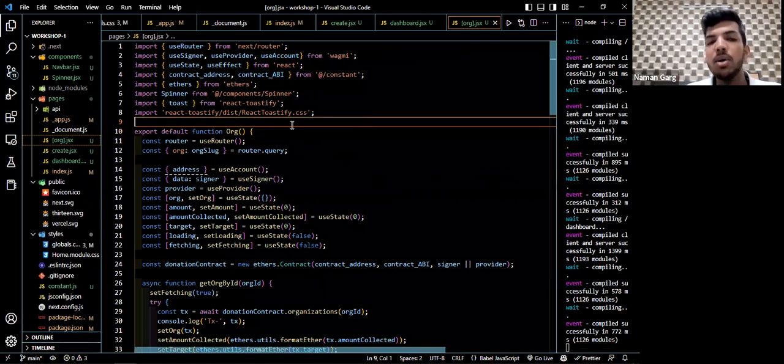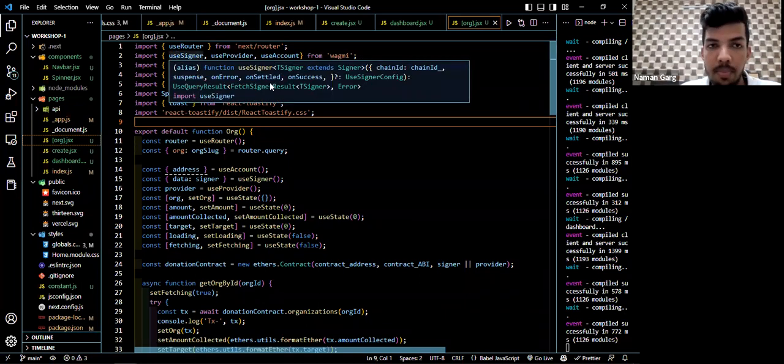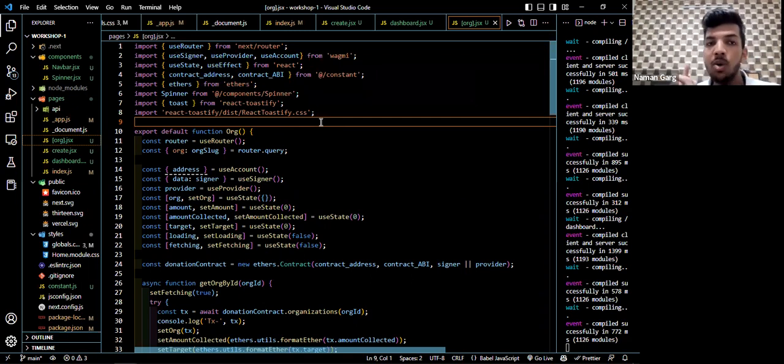Since the time is less, I have copied all the code. It is very similar to the previous one, but a little bit bigger. We'll be using both signer and provider, because we'll be doing both things: reading the smart contract and also writing to the smart contract, right? And we have imported the constants,